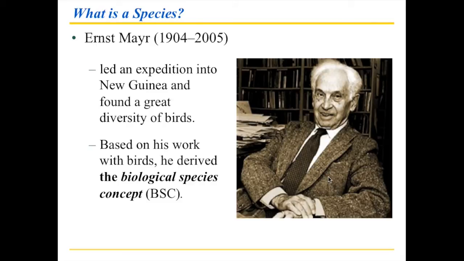And he was trying to figure out what this pattern was and how you can best describe the pattern and then how you can best put it into some kind of definition. And Mayr came up with something called the biological species concept. And when he came up with this biological species concept, he never made the claim that this is the way we need to think of species. But he thought of it as a departure point. Based on these findings, he thought we could come up with refinements of the definition if needed. We could certainly recognize what a species should be, and he hoped that we could build on this,